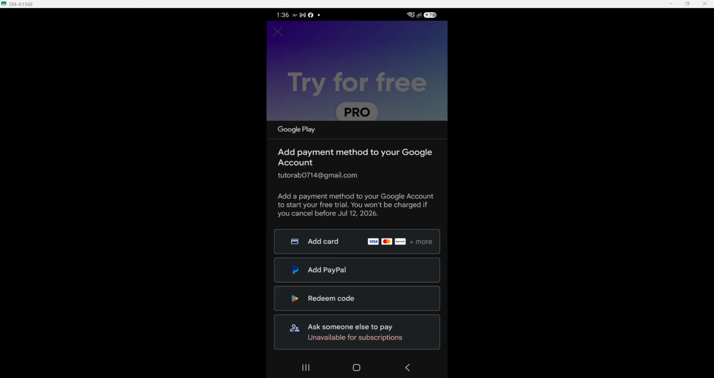Now you are ready to unleash your creativity with PicsArt Gold. Enjoy editing and enhancing your photos,